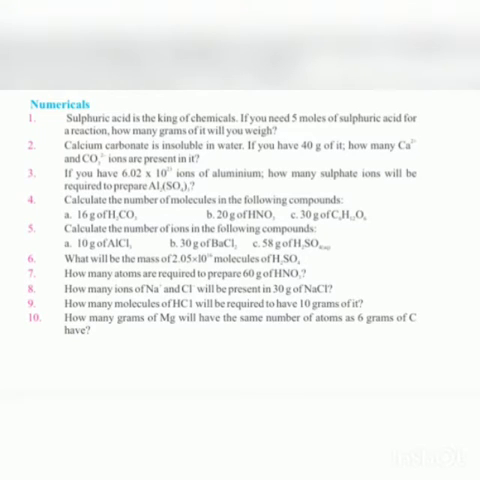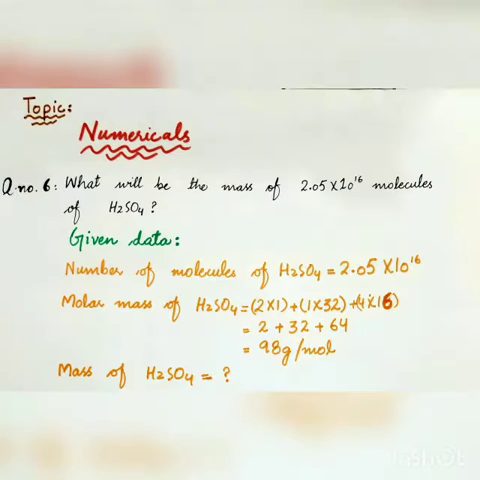Today we are going to do numericals number 6 to 10 on page number 26, and our first numerical is: what will be the mass of 2.05 into 10 raised to power 16 molecules of sulfuric acid, H2SO4? As we have been given the number of molecules of sulfuric acid, 2.05 into 10 raised to power 16, and we know the molar mass of sulfuric acid is 98 gram per mole, as we have calculated earlier, and we have to find